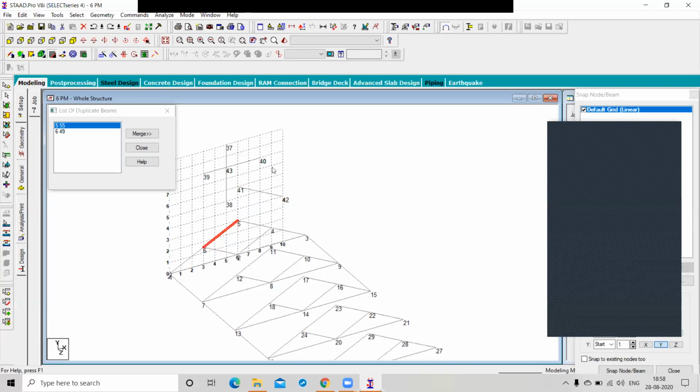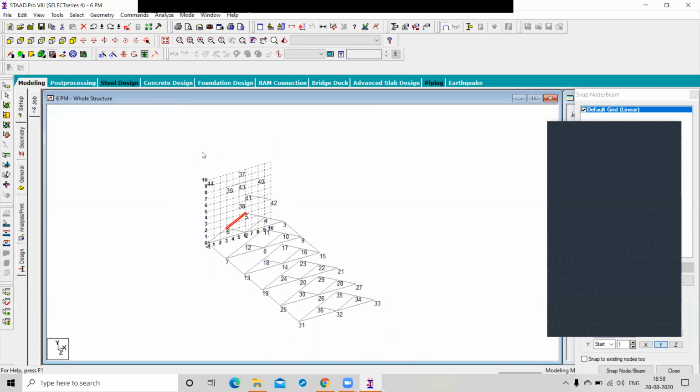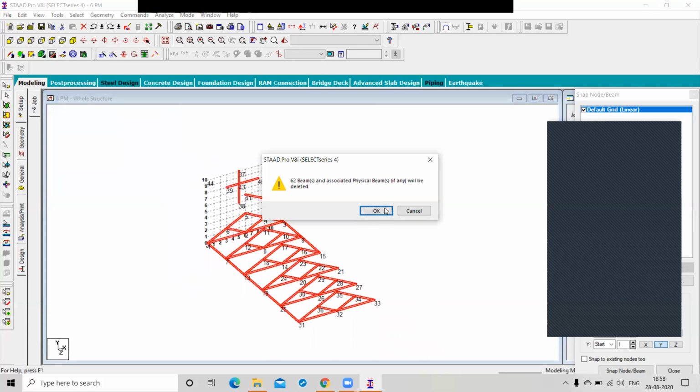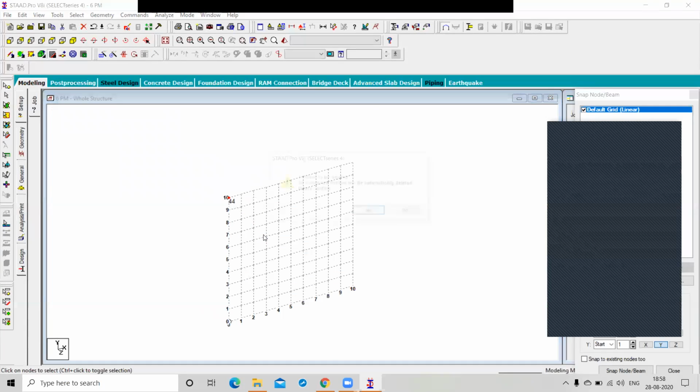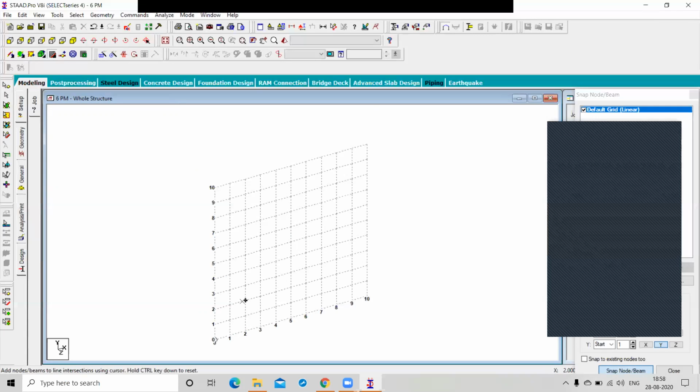Can you repeat it once again? Okay, I am going to delete all the beams here. Now you can understand after that. Okay, I deleted. I delete this also. Now you can create a beam from 2,2 to 4,4, right?